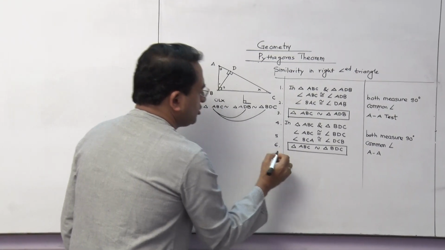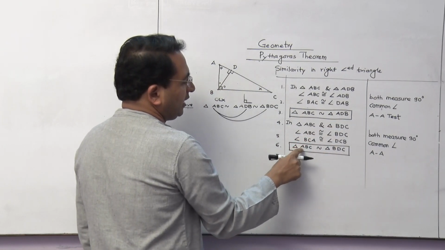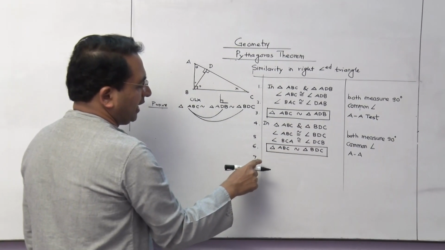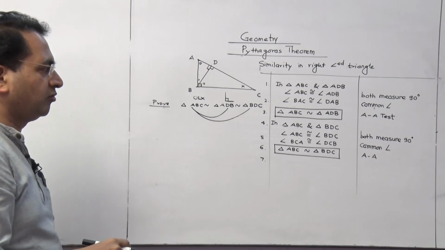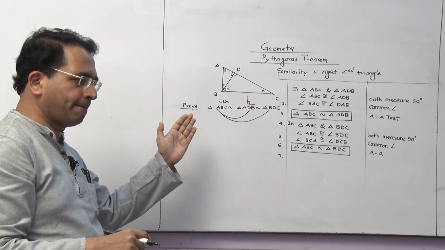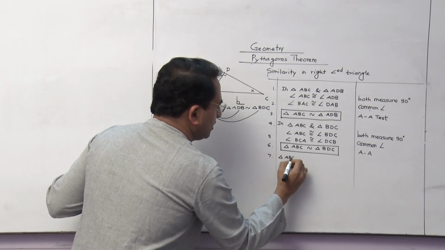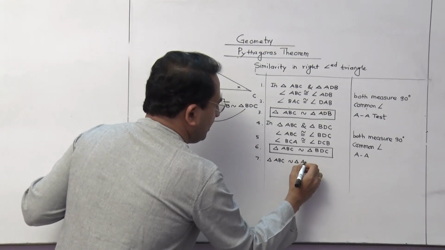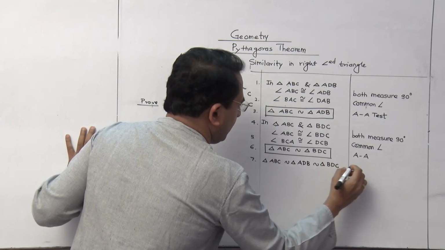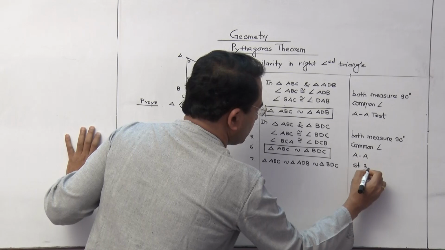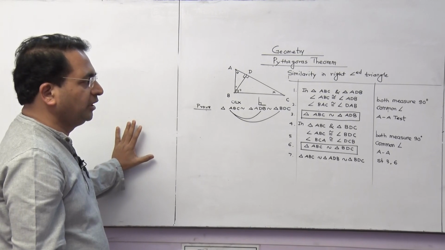Now it's the normal algebra method. If A is equal to B and again I write A is equal to C, then definitely I can write A is equal to B is equal to C. See, both the statements which I kept in the box have the same left hand side. So what should you write here? Therefore, triangle ABC is similar to triangle ADB is similar to triangle BDC. The reason you have to write here is: from statement number 3 and 6. Are you getting this properly?